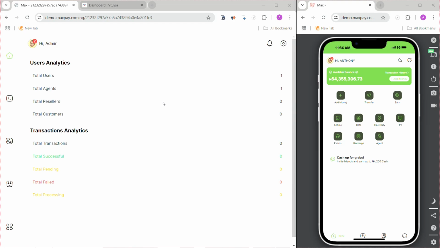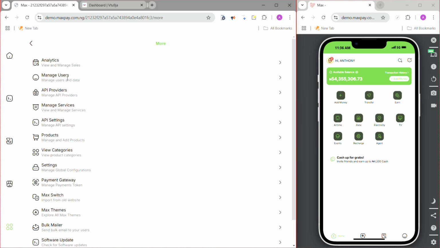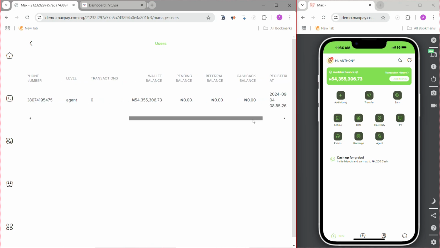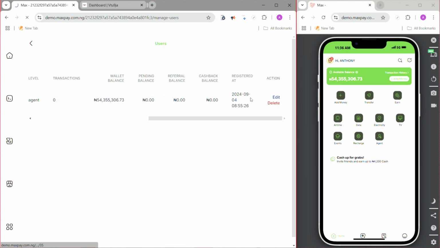Firstly is user management. So in user management, here's how you can do it. Firstly, you just need to come over to this category section, and you can see right here, manage user. Once you click on this, you can see all your users right here. So this is a user account right here, which I'm already logged in to, and let's walk you through how